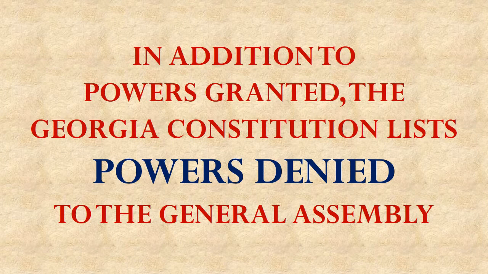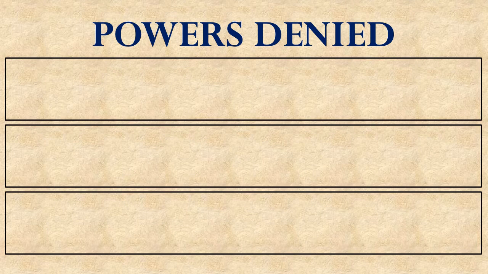Now, in addition to these powers granted specifically in the Georgia Constitution, the Constitution also denies the General Assembly certain powers. We're going to look at three examples of that. Now, this actually makes a lot more sense. When you generally grant a legislature power, you kind of assume it can do anything that it wants unless you've